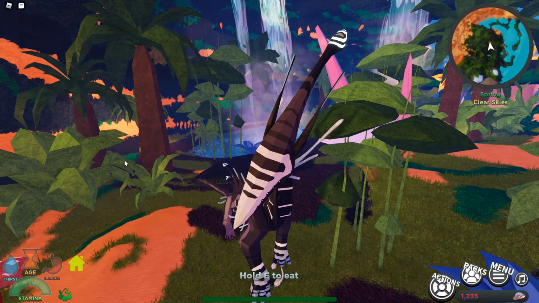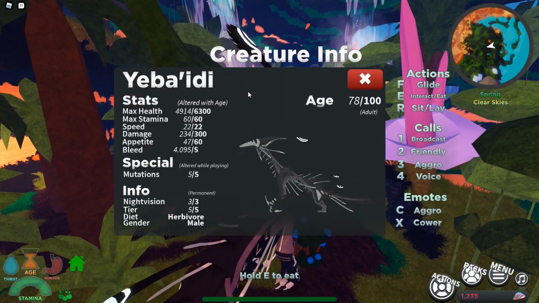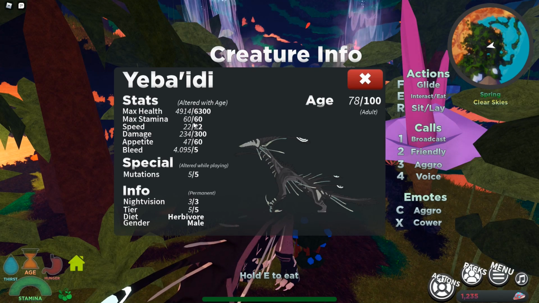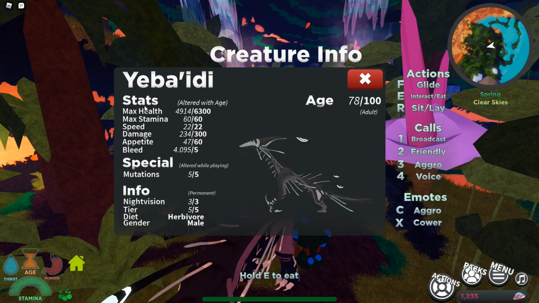Today we're checking out the other new creature in Creature Sonaria, which is Yeba'Idi. I don't even know how you pronounce this. The Yeba'Idi? Let's go with Yeba'Idi. The Yeba'Idi has the max stats of